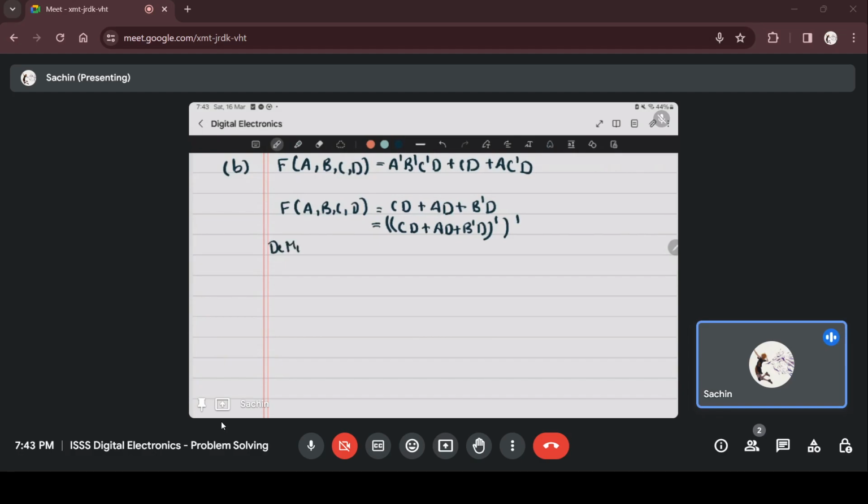And using De Morgan's theorem to take the inner complement, you get (CD)' (AD)' (B'D)' whole prime,